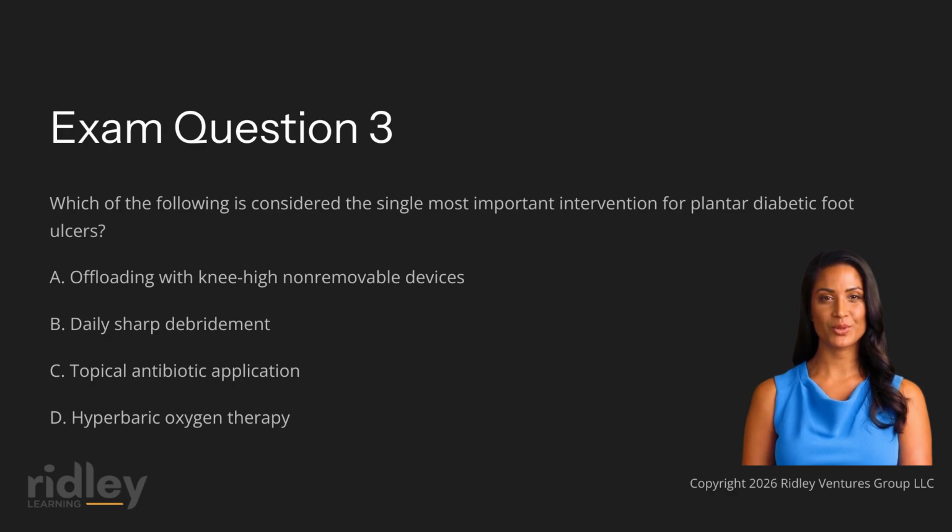The underlying principle is straightforward. Sustained mechanical pressure on the ulcer bed disrupts tissue repair and perpetuates the wound. Knee-high non-removable devices, which include total contact casts and prefabricated walkers rendered irremovable with a cohesive bandage or cast material, are the preferred modality because they reduce plantar pressure by 80 to 90% compared with standard footwear. Critically, making the device non-removable addresses the well-documented problem of patient non-adherence, since studies show patients wear removable devices far